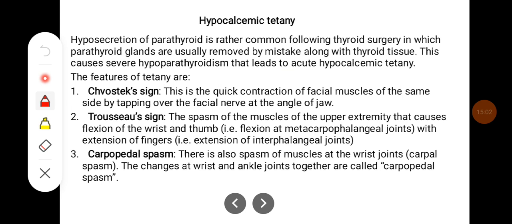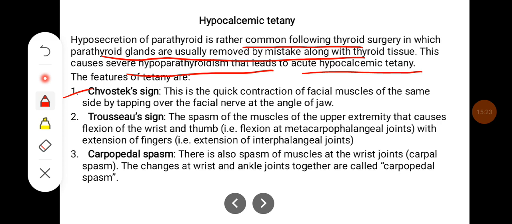Hypocalcemic tetany. Hyposecretion of parathyroid is rather common following thyroid surgery, in which parathyroid glands are usually removed by mistake along with the thyroid gland. So this causes severe hypoparathyroidism that leads to acute hypocalcemic tetany. Features of the tetany are Chvostek sign. This is a quick contraction of the facial muscles on the same side by tapping over the facial nerve at